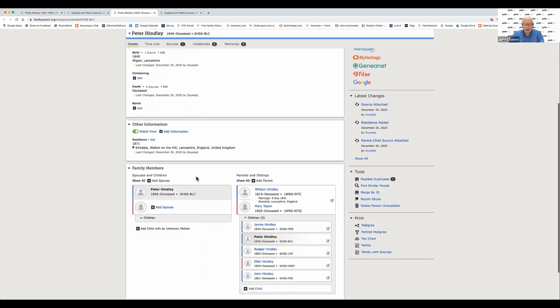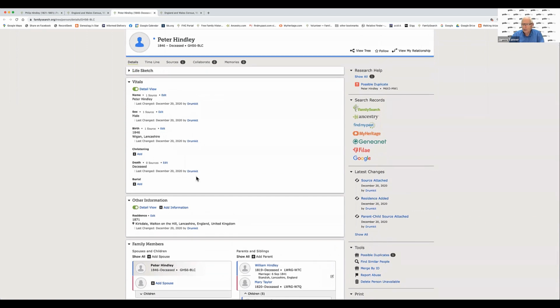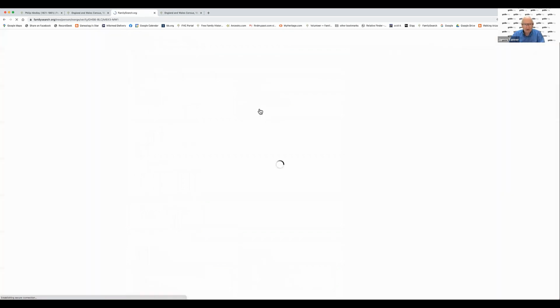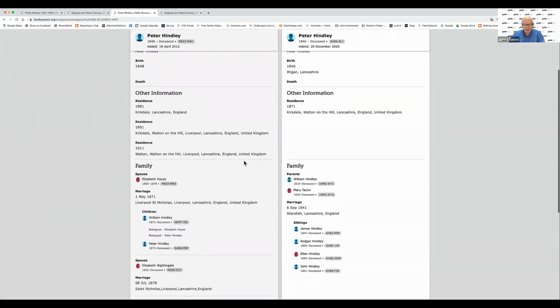So we're getting a lot of people by that name in this same little area, even with the same surname. That's something we need to be very careful about. If you see here, there's a possible duplicate of this person. And when you look at that possible duplicate on a merge, you'll see that we have a William